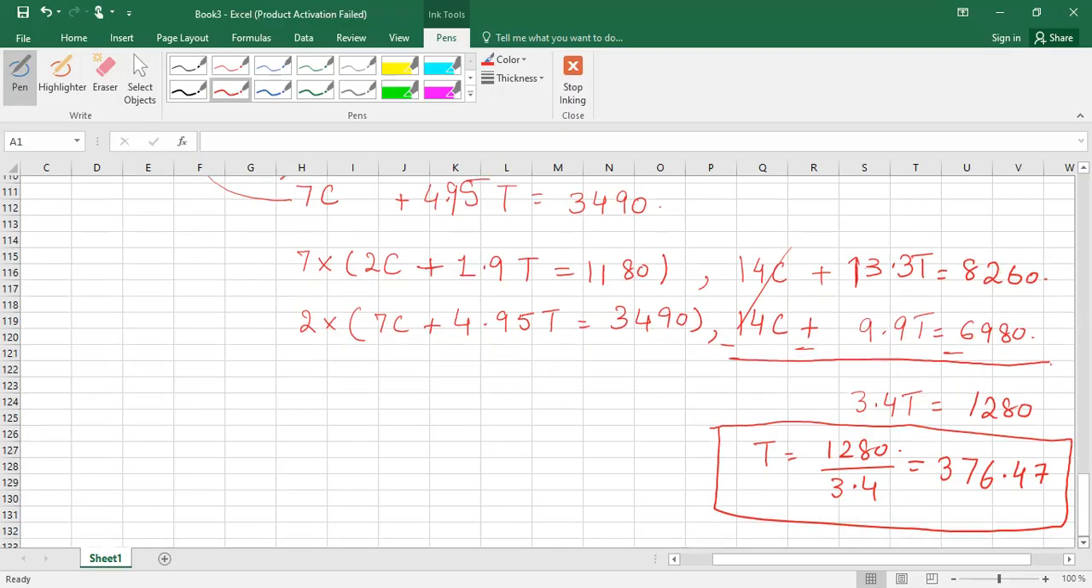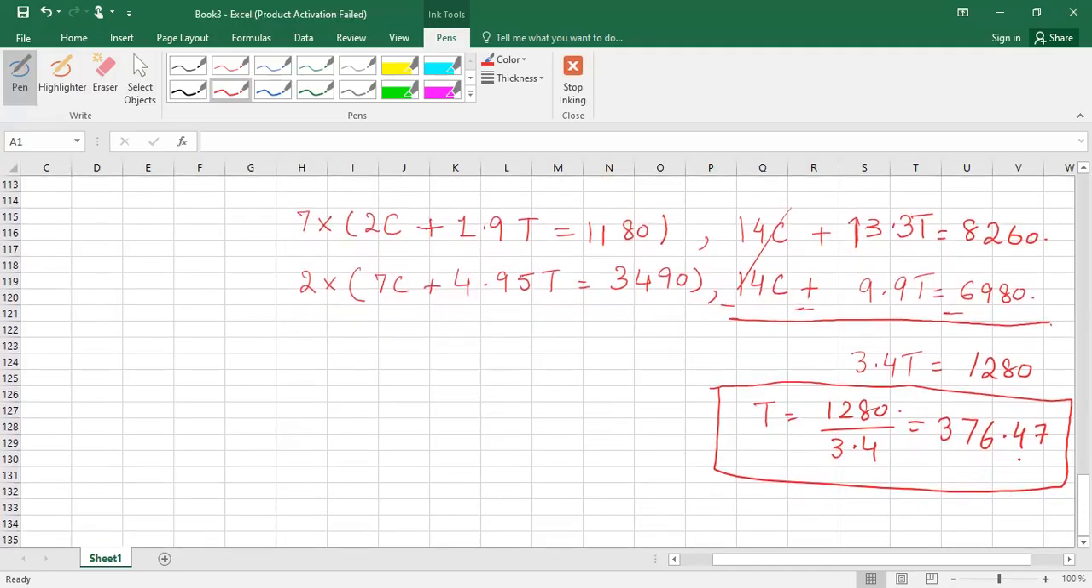So we can say that we will produce 376.47 tables. Now I want to calculate how many chairs I can produce. If I put this table data in my first equation, where 1.9 is needed to produce one table, the simultaneous equation says that you should produce 376.47 tables and the total availability of the fabric is 1180. So 2C is equal to 1180